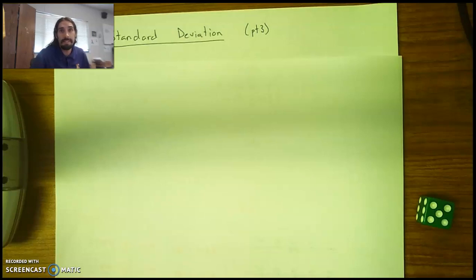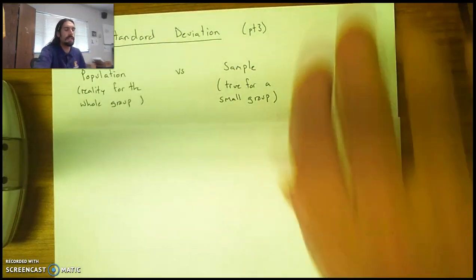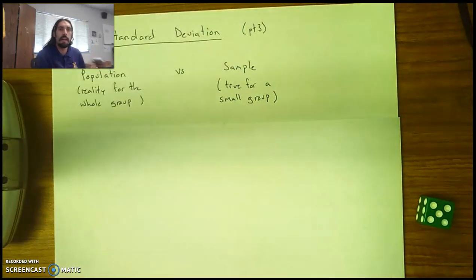So there are technically two different calculations for standard deviation. We saw them in today's notes when you get that calculator output. And I just want to unpack those two calculations a little bit. And the key for us to start our conversation is to realize that we have a population and we have